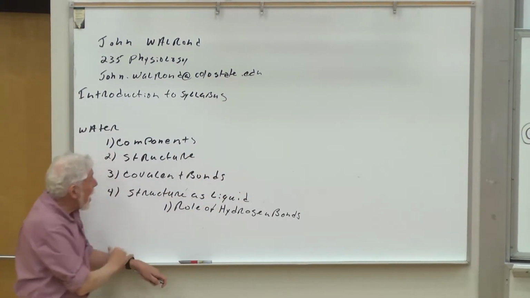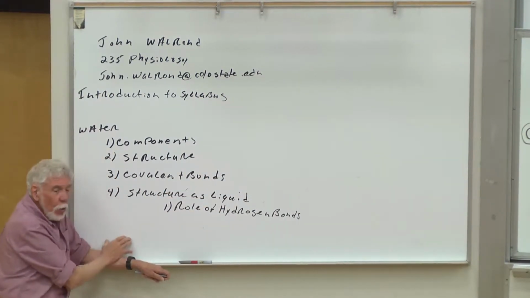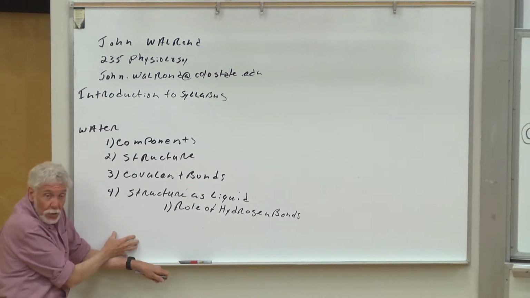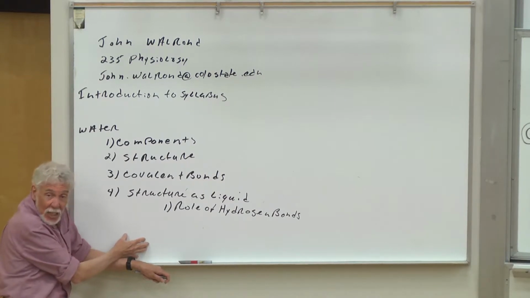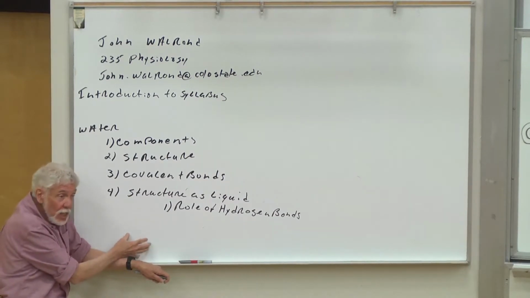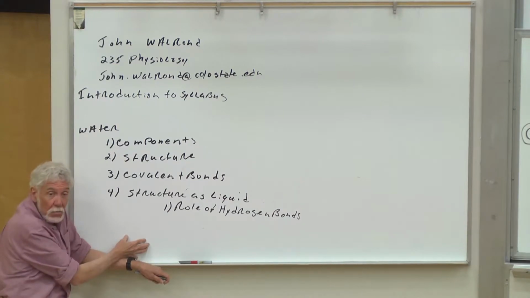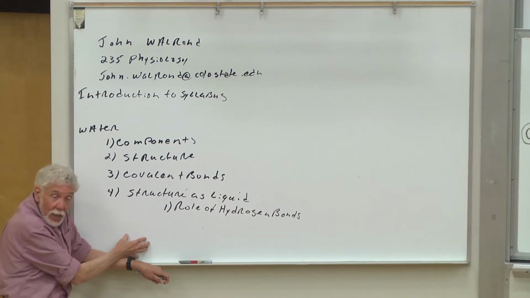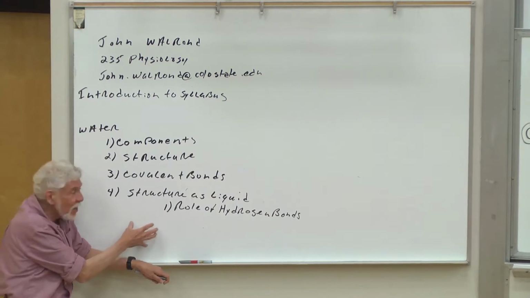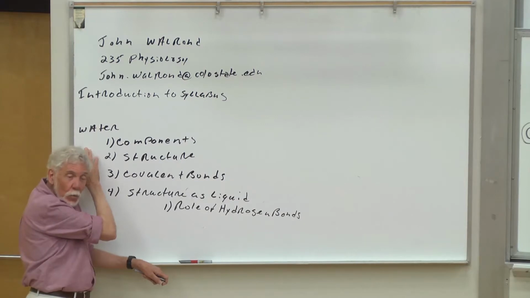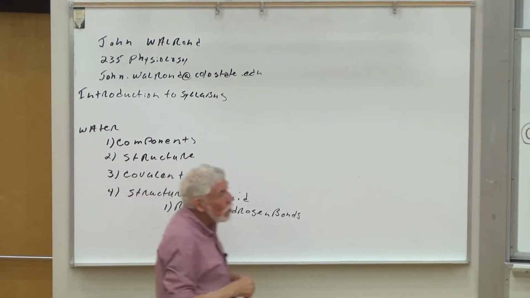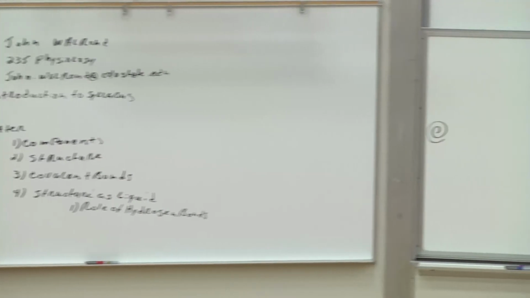And one of the things I'll point out in passing is that we're going to compare water, which is liquid at room temperature, and has a boiling point of 100 degrees, has a freezing point of 0 degrees, with the gases in air around us. The gases that we're sitting in, air, are 79% nitrogen, 21% oxygen, and yet it's a gas. The molecular weights of oxygen and nitrogen are 32 and 28 respectively, and yet they're a gas, and water with its molecular weight of 18 is liquid. Why is that? And we'll see it has to do with something called hydrogen bonding and the sharing of electrons